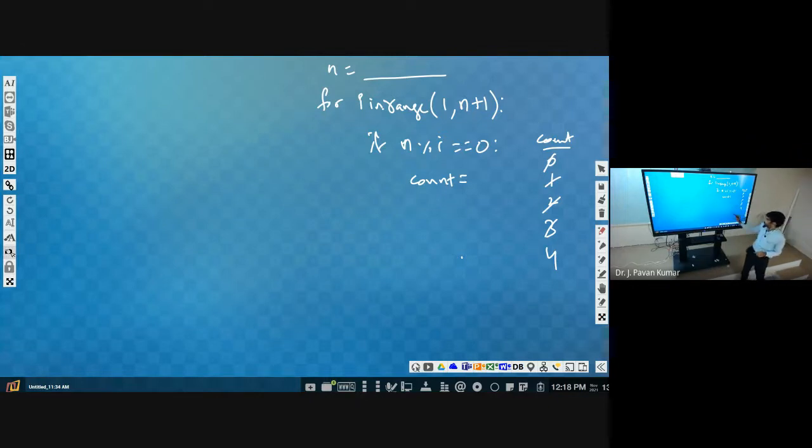You consider n value as 15. Now you say count value as 0. Okay, count value will be 1. When you maintain I value will start from 1. 15 and 1, it is divisible. So we will increment the count as 1. Next, I value will be incremented. Then 15 mod 2. No. Next, we will increment I value to 3. Yes. So this will become.